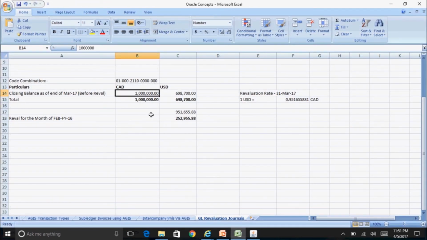Okay, so this was the balance which is available under this particular account code combination before revaluation. The entered currency balance of 1 million and the converted currency balance is 698,700, and this is the revaluation amount.